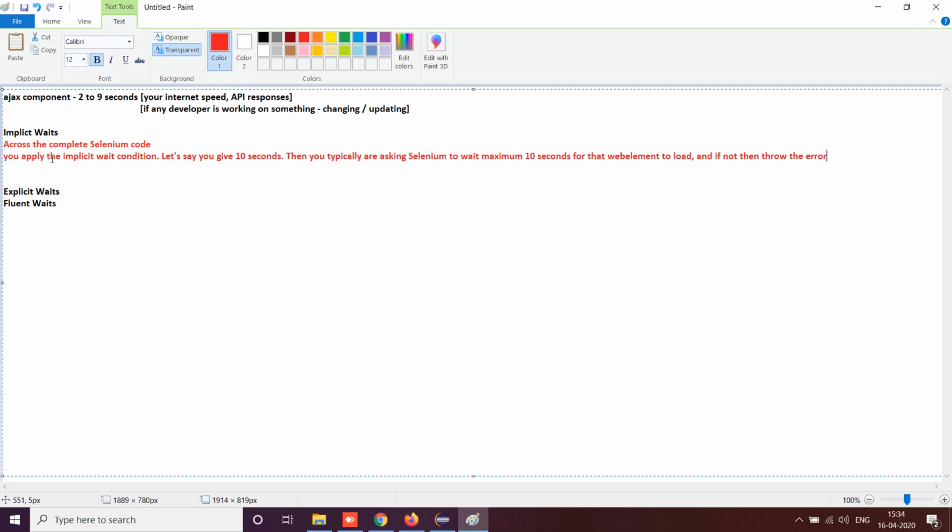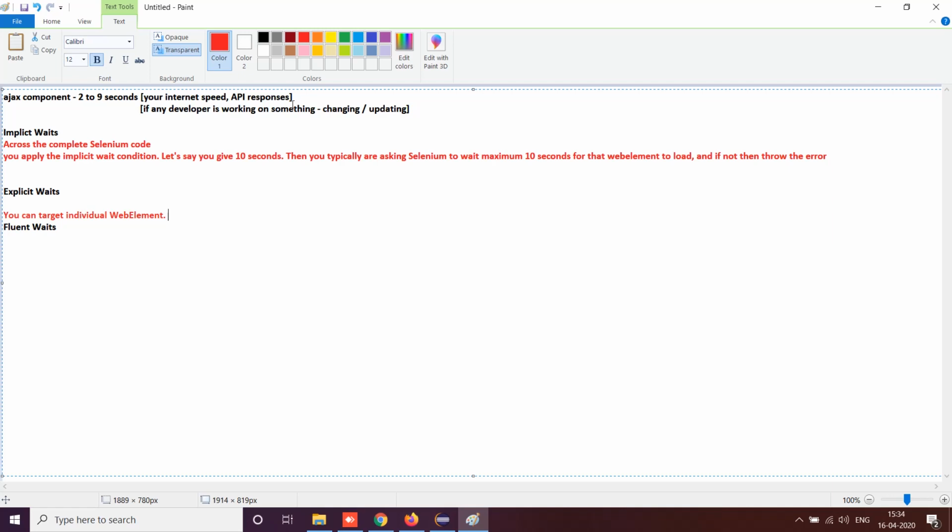But I'm not a very big fan of implicit waits. I prefer explicit waits, because you can target an individual web element. Like, let's say, for example, there are 1 or 2 or 3 web elements which are taking some time to load.